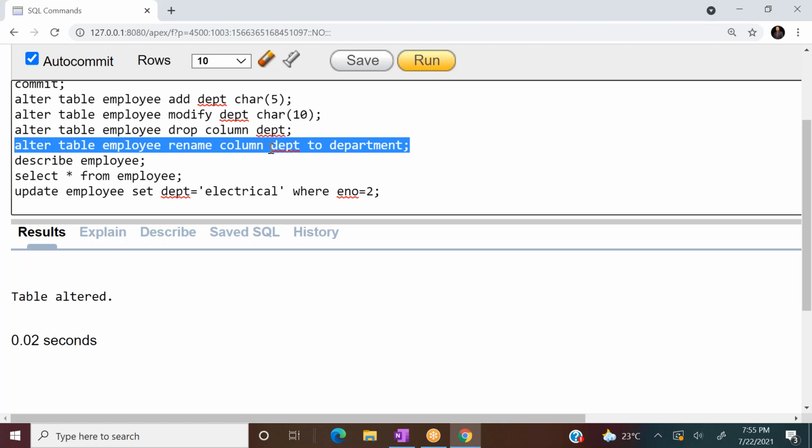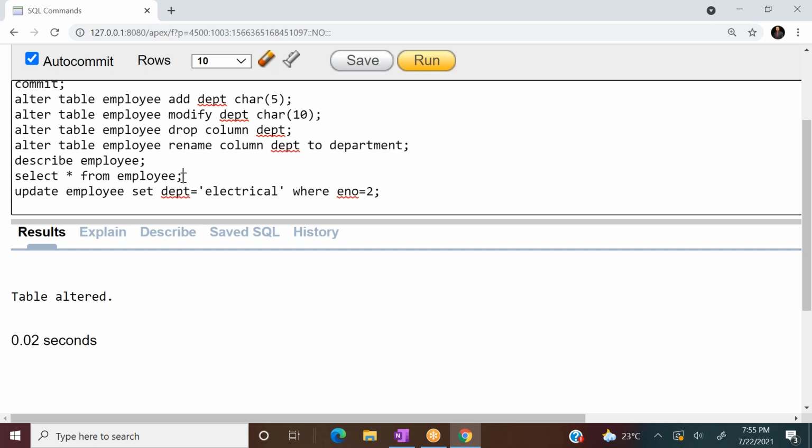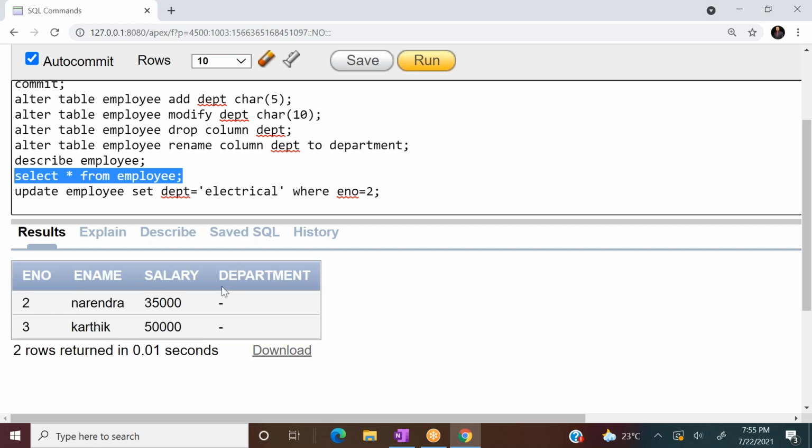You have to use rename column DEPT to department. Check whether the column name is renamed or not by displaying the table. Look, previously the column name was DEPT, now the column name is department. This is how we add, modify, drop, and rename the columns.